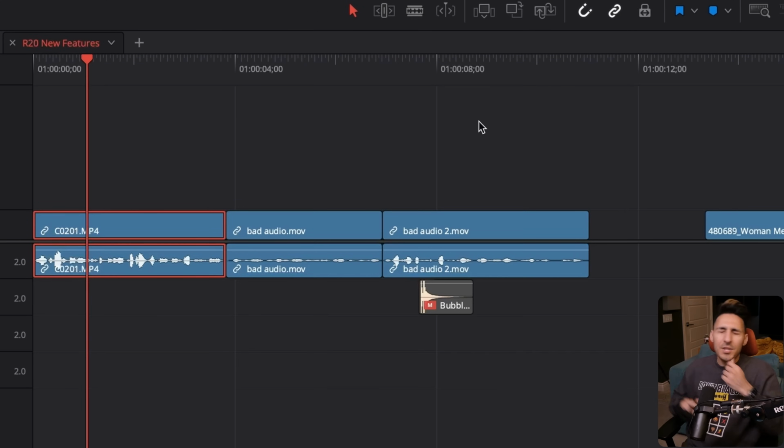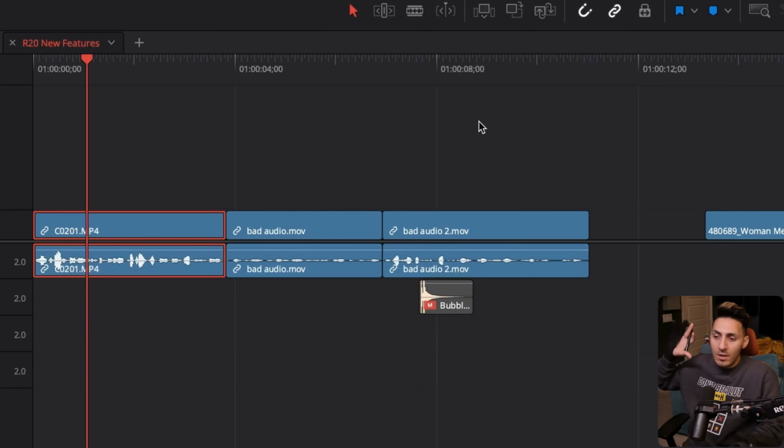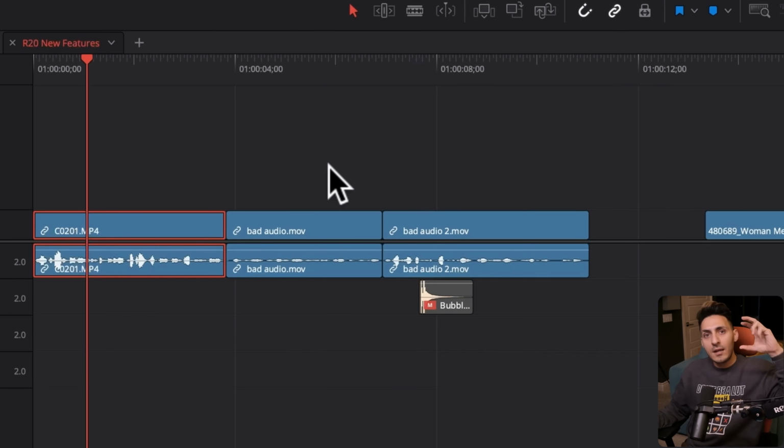This is something that I used to love Adobe Audition for. You can just basically grab a profile and do so many things with it, but it was a dedicated tool. Now we have it inside our edit page. You don't even have to go to Fairlight. So now that we copied that profile,